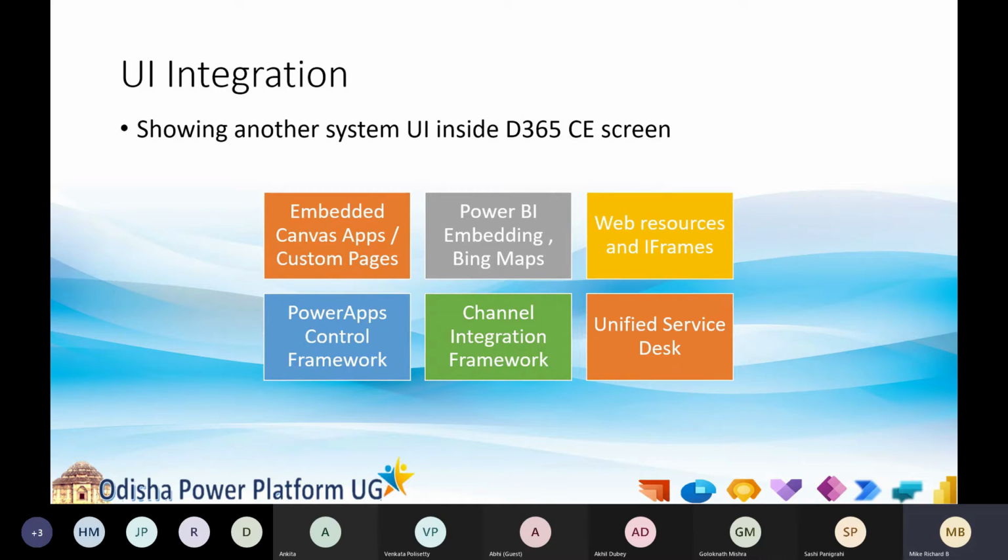And then you have Power BI. Then you can embed your Bing Maps, Azure Maps, all those things as well. Web resources and iframes. This is something we have been seeing from the earlier versions of Dynamics 365. And of course, you have Power Apps Control Framework. So, how Power Apps Control Framework can get the data from other systems, how it can be used for integrations,